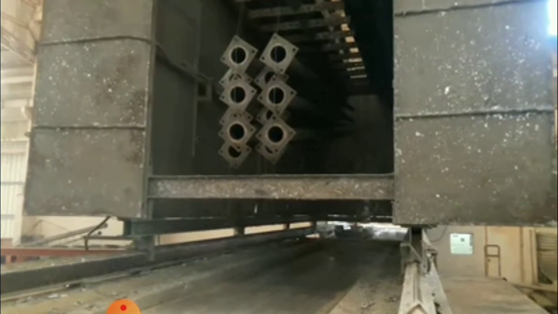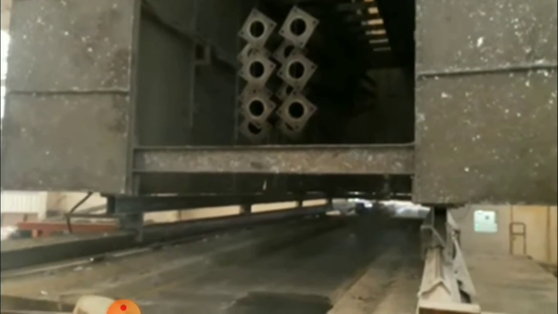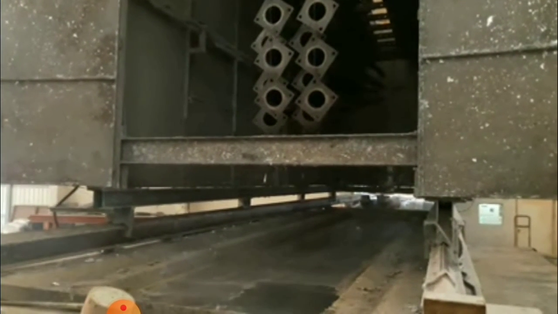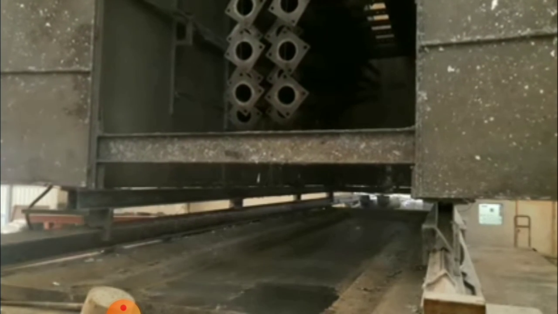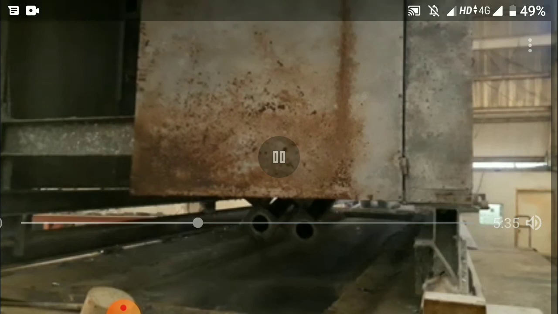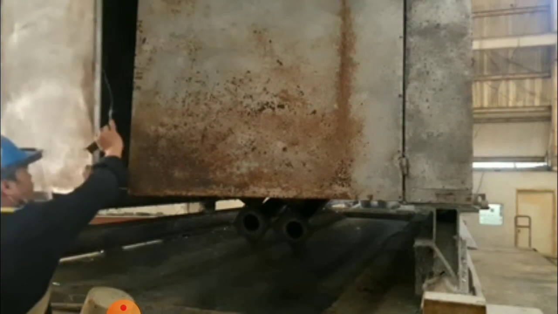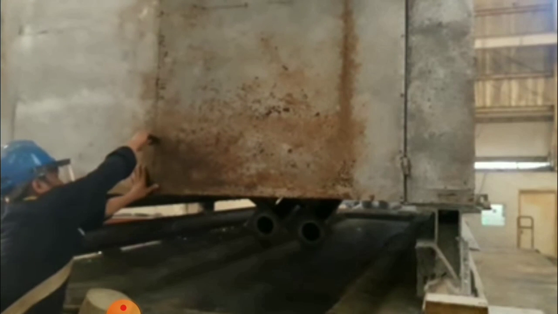Then this chamber will be closed. It travels like a train. There is a zinc bath down there. That is the galvanizing process. This chamber is closed from the other side to avoid accidents.